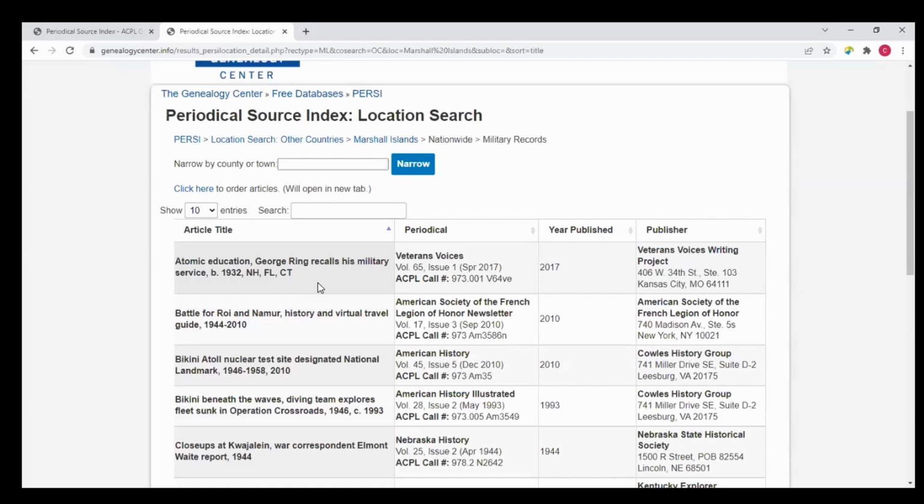Number 2 is to see if there's a library close to you. If you're close to the Allen County Public Library, if you're close to Fort Wayne, Indiana, oh my goodness, are you in for a treat? Everything that's indexed in PERSI is available in the library here in Fort Wayne, in the Genealogy Center. We have one of the largest collections of historical, ethnic, and genealogical publications in the entire Milky Way galaxy. And go ahead, challenge me on that. I'll have fun proving it to you. That it is an amazing number.